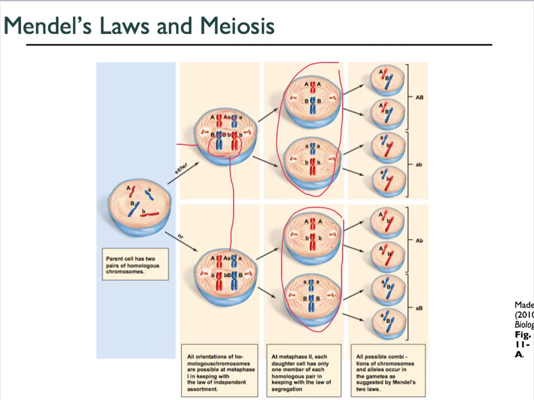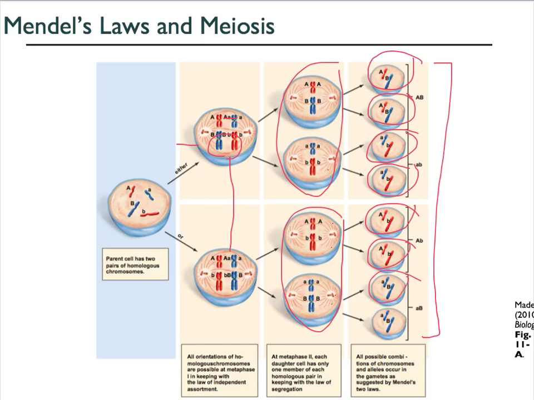Then these factors segregate from Mendel's second law of segregation, and you end up with 8 possible gametes, 2 of each kind, because they're exactly duplicated copies, where you have 1 red, 1 blue for the dominant traits here, 1 red, 1 blue for the recessive traits, or you have 2 reds and 2 blues. And so you end up with 4 possible combinations because of the law of independent assortment and the law of